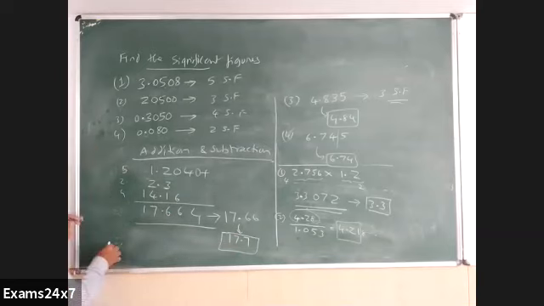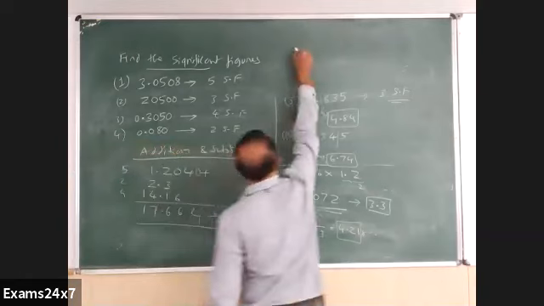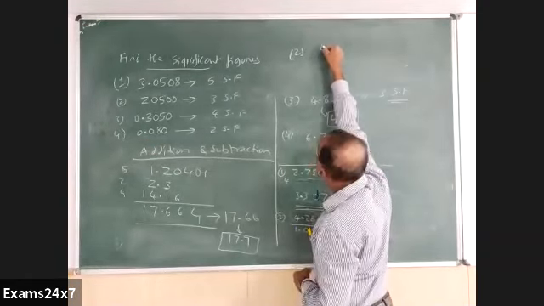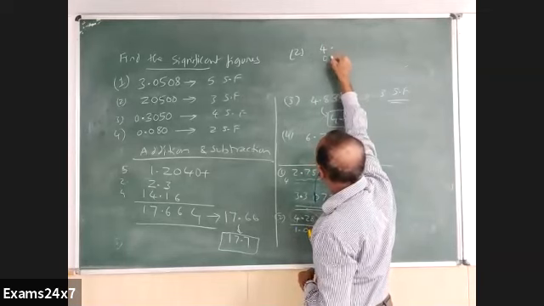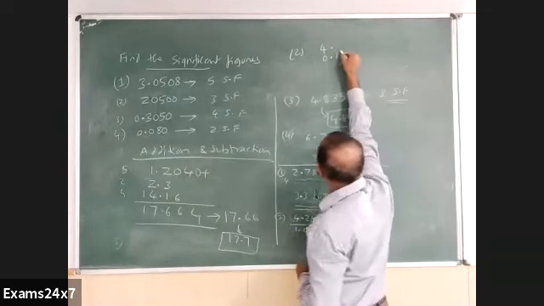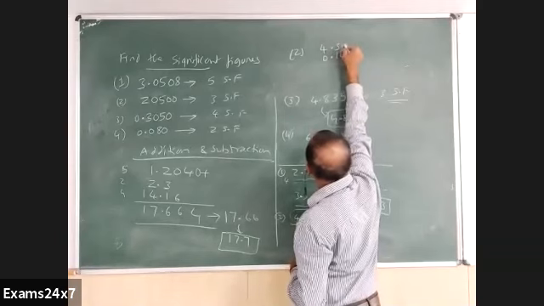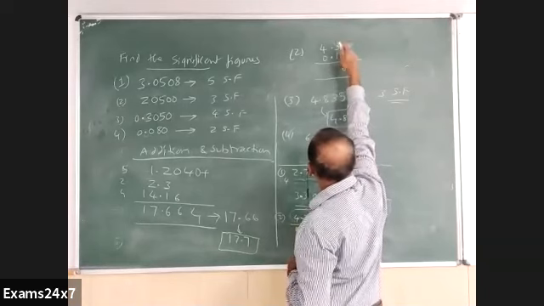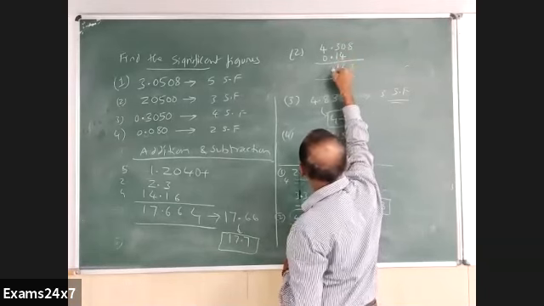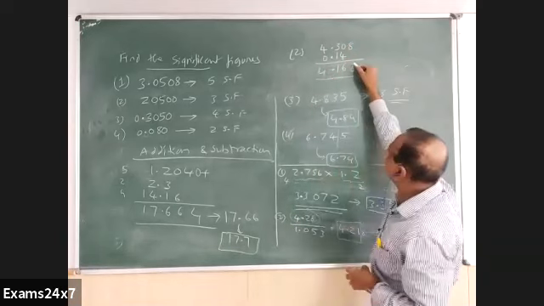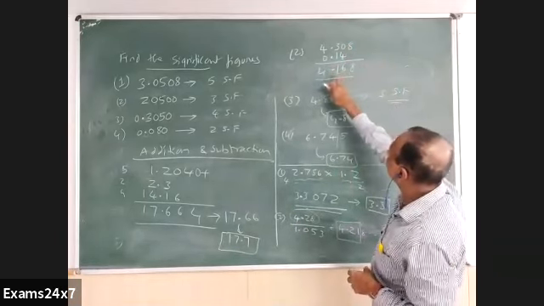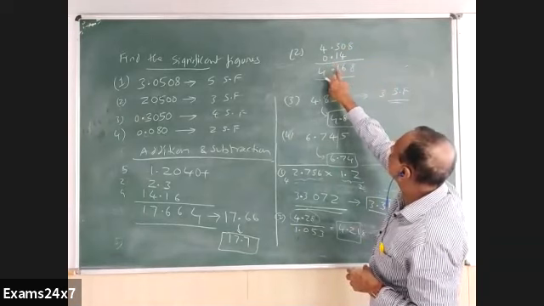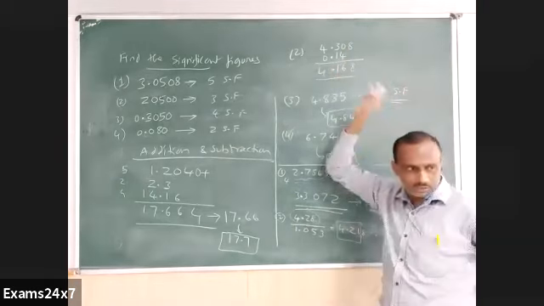In the subtraction case, second example: subtraction of 0.14 from 4.308 I have to make. I get 8, 6, 1 gone there, so 2 minus 1, and of course 4. 4.168 I get, correct? No, some mistake is there. Is it 2 minus 1, 168? Correct, correct. Okay, this is the answer now.